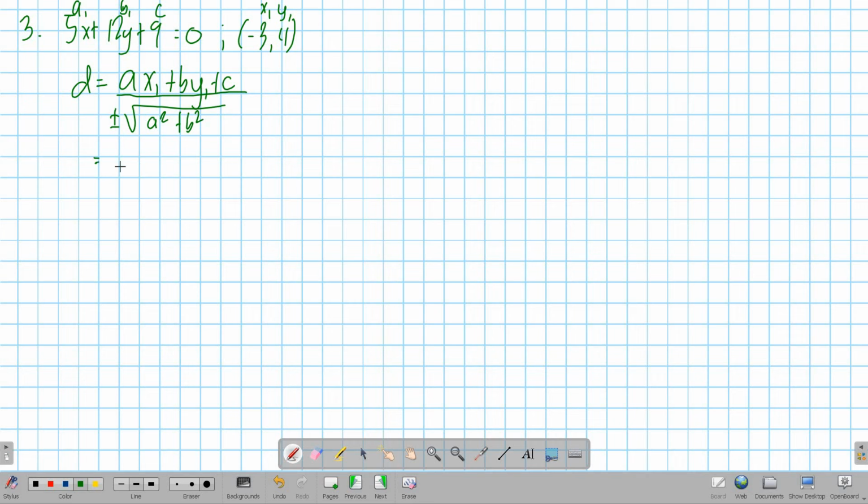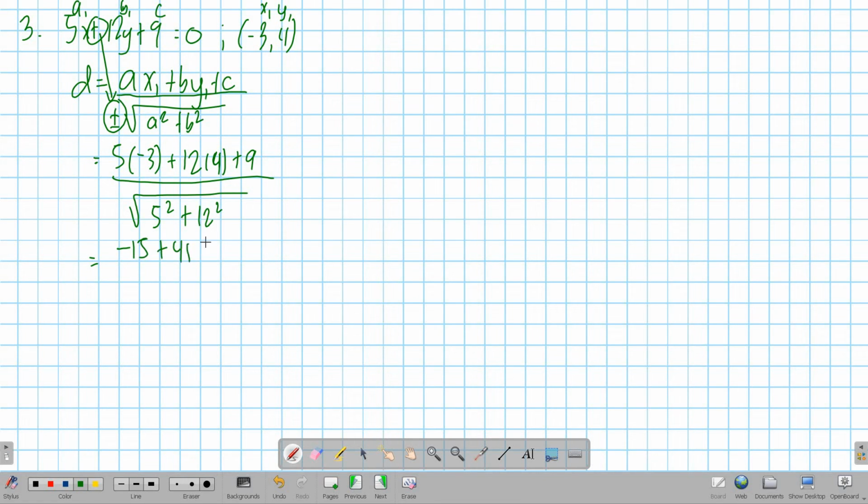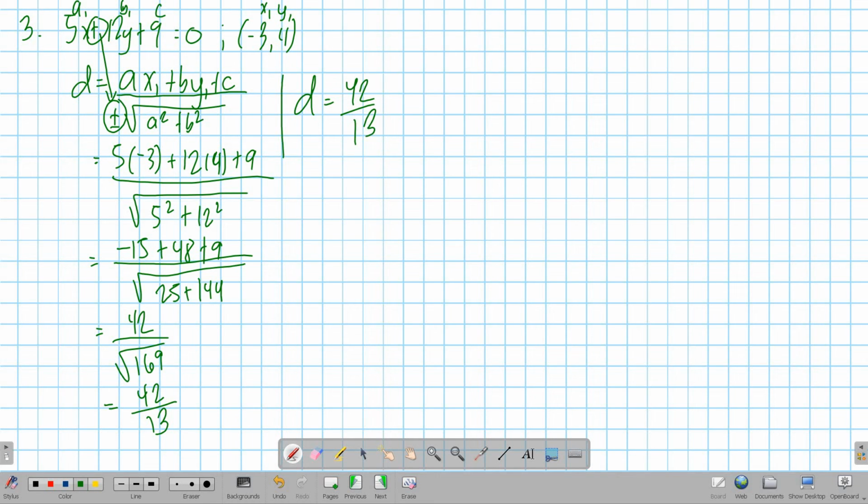So therefore, plugging in the values, we're going to have 5 times -3 plus 12 times 4 plus 9 all over, since this 12 is positive, so the denominator is positive. So positive square root of 5 squared plus 12 squared. So equal to -15 plus 48 plus 9 all over the square root of 25 plus 144. Therefore, the numerator is simplified as 42 over the square root of 169, which is equal to 42 over 13. So therefore, the distance is 42 over 13 units. And let's just check